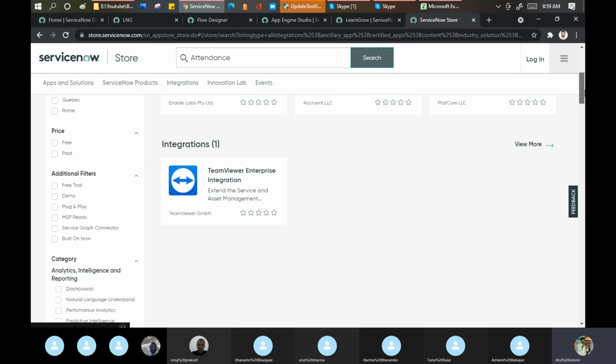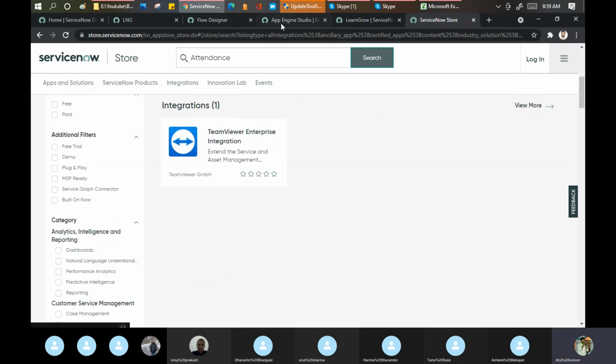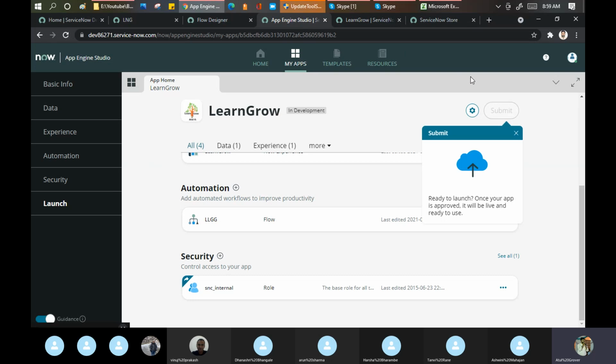So once we are done with our launch, it will be available here. Why is submit not available? Because we are in the PDI and we don't have any server where I can host this application. But in this session, I want to tell you how you can create your custom application and what the process is for the same.